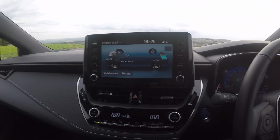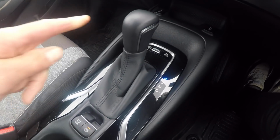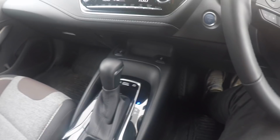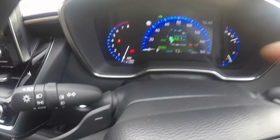What else don't I like? Well, this comes down to the driving experience, and this centres on the gearbox here. Now, anyone who's driven any Toyota hybrids will be aware that they use a form of CVT gearbox, as it's known, and the way that the engine revs here on the rev counter and the noise of the engine,